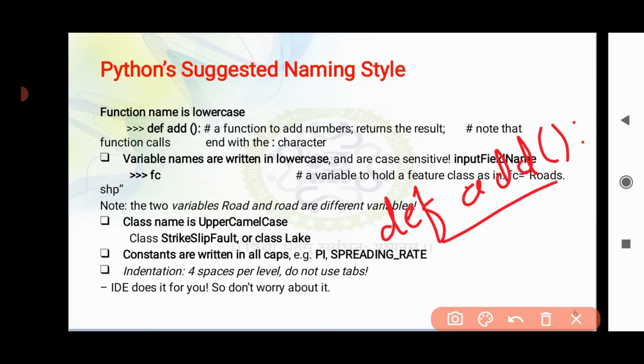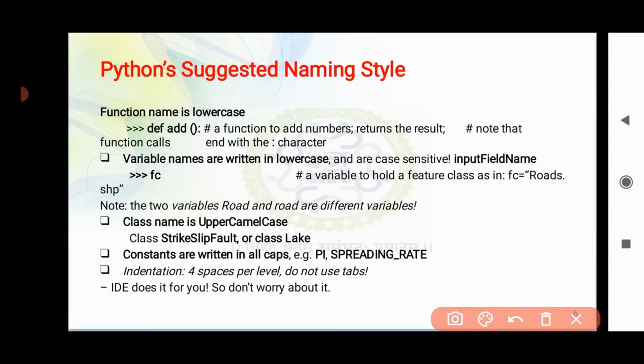The same thing should be used when you have to write conditional statements like an if else block. It will be something like this. You have to write if, then you have to write a condition in the brackets.